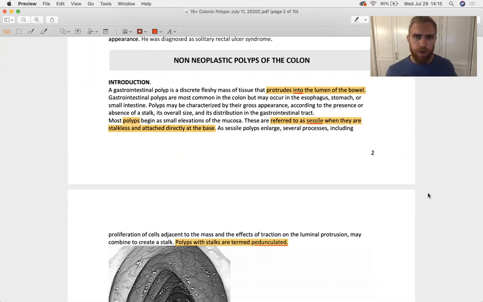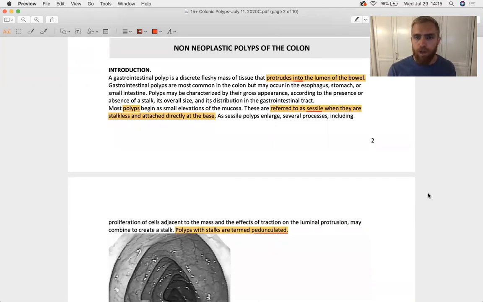And then you have your descending colon, and then it bends again into the sigmoid colon, which has an S shape to it. And finally, the sigmoid colon will empty out into the rectum and then into the anus, and there's a series of valves there, lots of valves and sphincters, especially at the terminal part of that sigmoid colon going into the rectum. So a colonic polyp is a fleshy mass popping out into the lumen of the bowel, and